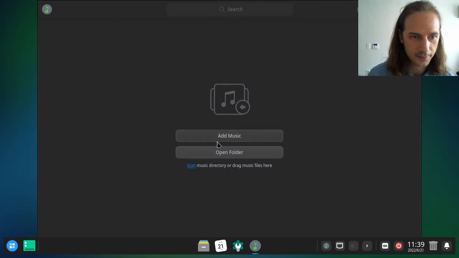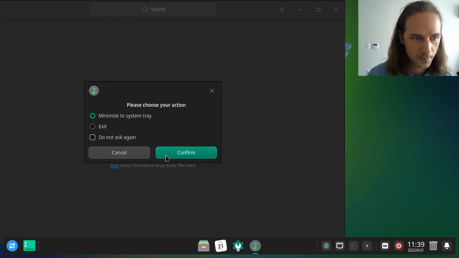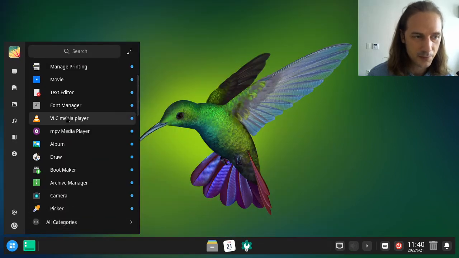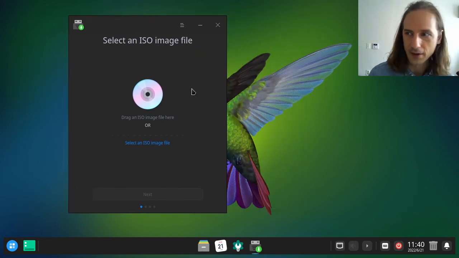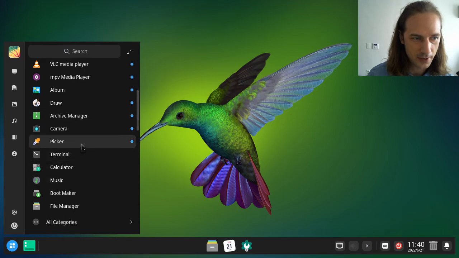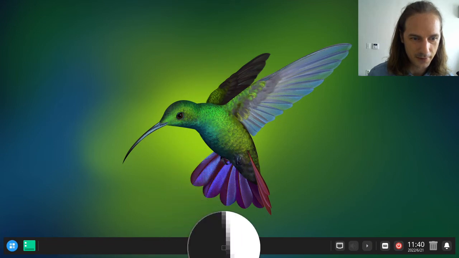It looks like we don't have music on this virtual machine, but in general, there's an equalizer. So it uses this kind of hamburger menu style for everything, it seems like. We can just exit because we are not listening to music at the moment. It installs both VLC and MPV for playing videos. There is this bootmaker, which we can use to write an ISO file to a USB drive. It gave us picker, which is, wow, we can pick a color from the desktop, it seems like,